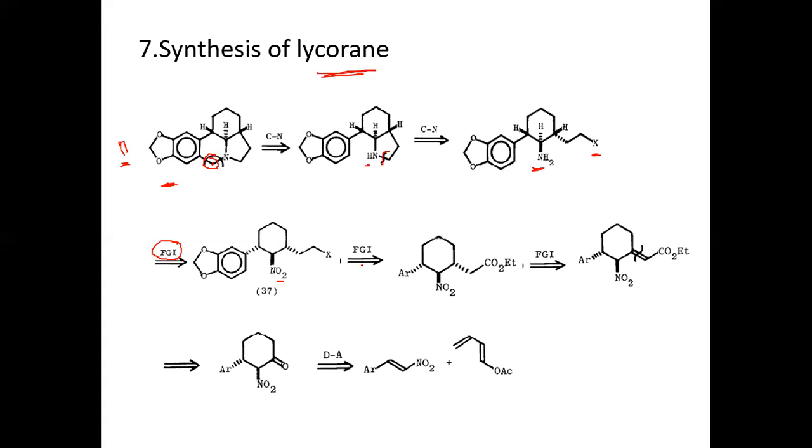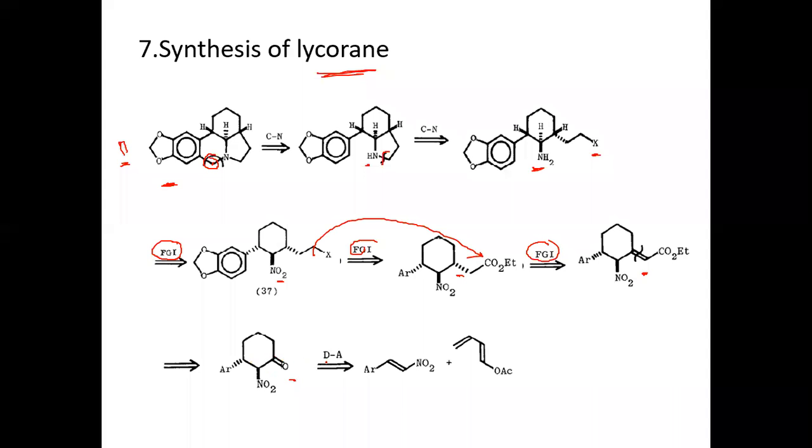Next, again, we will do one more functional group interconversion. In that, we are converting this alkyl halide to acid. Next, we are converting this single bond into a double bond. This is again one more functional group interconversion. Look at here, this is a single bond and we are converting that into a double bond. Next, we are disconnecting here. You know that a double bond we can disconnect, and that can be reformed by Wittig reaction. You already saw such a reaction. So we disconnected here and we'll get a ketone here.